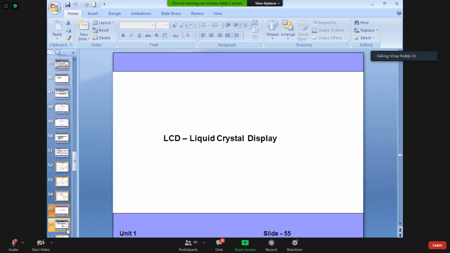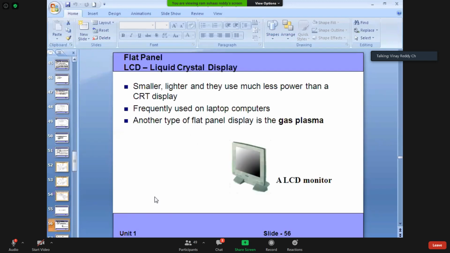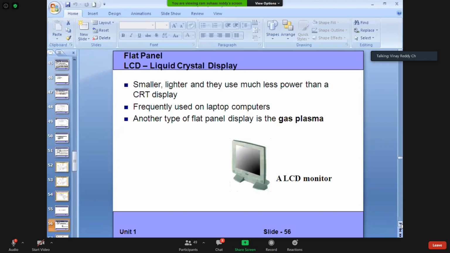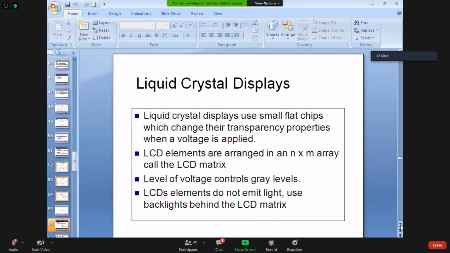and liquid crystal display. Liquid crystal displays use small flat chips which change their transparency properties when voltage is applied. LCD elements are arranged in an array called an LCD matrix.